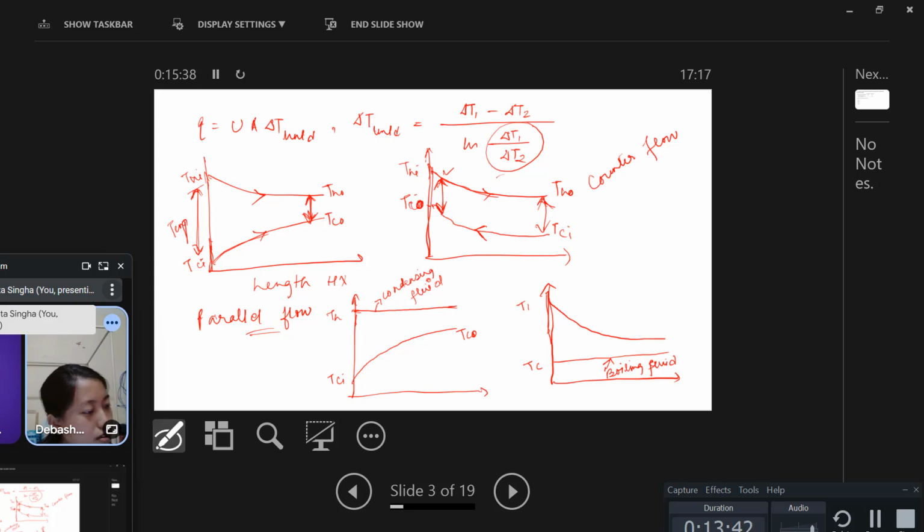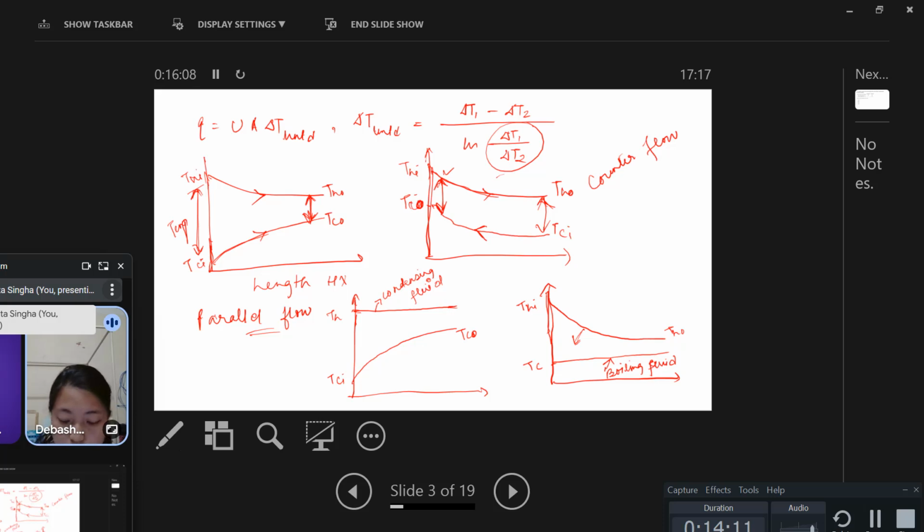This is Thi, this is Th0. Because this fluid gains heat from the hot fluid and starts boiling, it does not change the temperature of the fluid but changes its phase, so that fluid is boiling. And then we have,